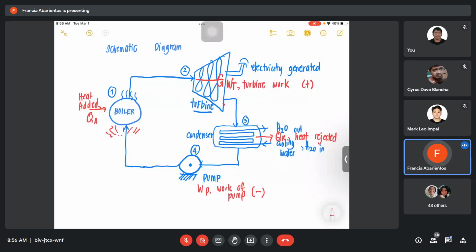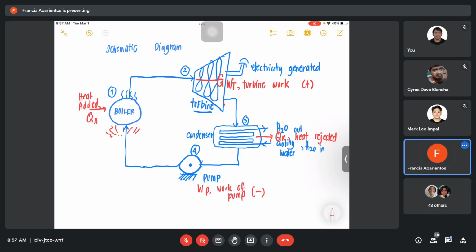Why? Because the system is the one who works on the substance. While here, class, positive yung work kasi yung mismong substance ang nagpapagalaw ng turbina natin. Or yung steam natin ang nagdadrive ng turbine. Okay? So, walang ginawa yung makina doon. Siya yung nagpagalaw. While here in a pump, ang nagpagalaw na class is yung mismong pump